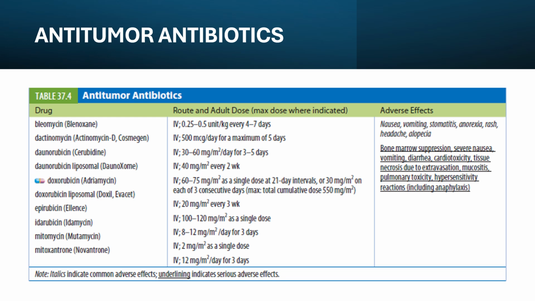These chemicals are more cytotoxic than traditional antibiotics, and their use is limited to treating a few specific types of cancer. For example, the only indication for idarubicin is acute myelogenous leukemia. Breast carcinoma is the only approved use for epirubicin. The anti-tumor antibiotics bind to DNA and affect its function by a mechanism similar to that of the alkylating agents. Thus, the general actions and side effects are similar to those of the alkylating agents.